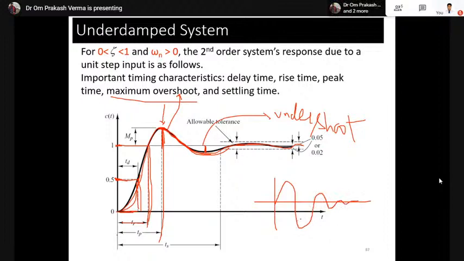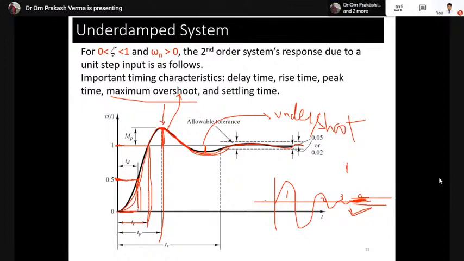Okay, why I'm saying 1, 2, this is 1, this is 2, this is 3, and this is ultimately 4. So you can see that after the third or fourth cycle, it approximately achieves your set point or your desired value, maybe with some error, or maybe the same value. Okay, so the tolerance band is defined. The tolerance band means the value by which the final value we can tolerate at the settling time, at the settling value.